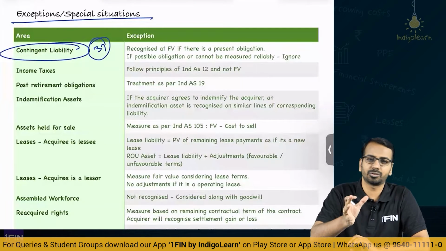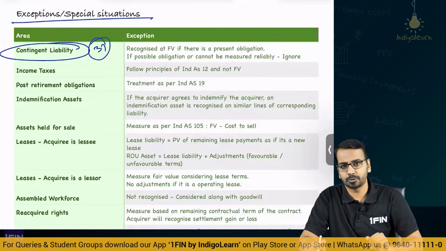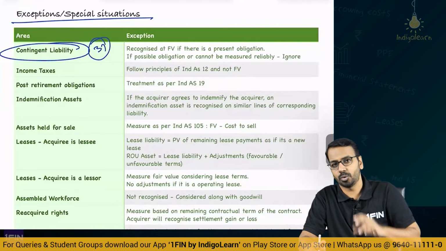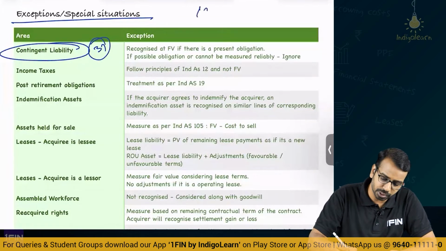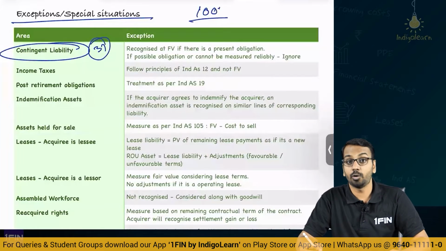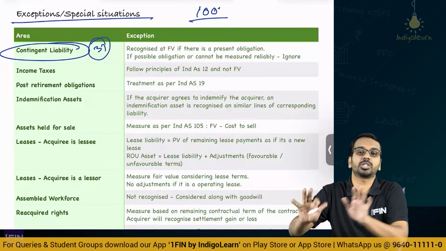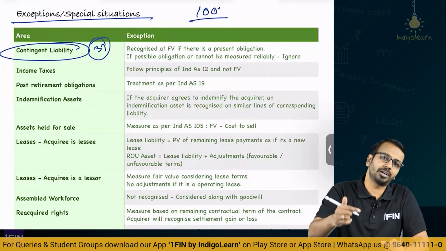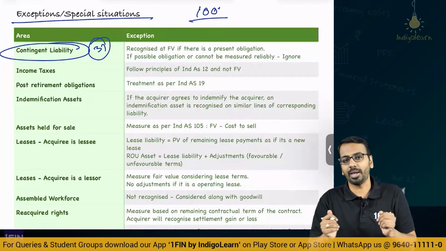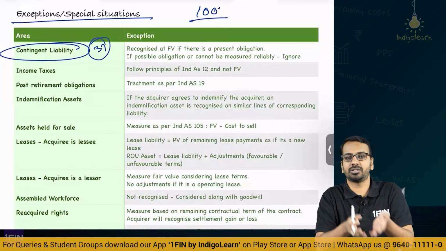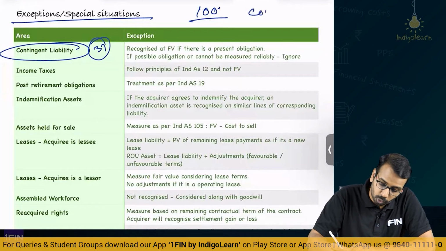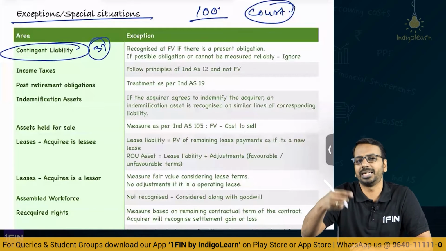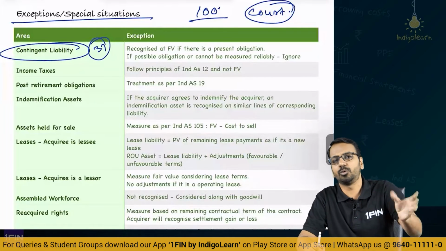I will give you a very small example so that you understand. Let us say you want to buy a house, and on that house there is a court case going on. Let us say the house is worth 100 crores today. If the court case was not there, the house is worth 100 crores. Now tell me, will you pay 100 crores to acquire that house? You will not pay. Why? Because in future if you lose the case, you have to pay some amount. So for that court case, let us say I will deduct 10 crores and pay you only 90 crores.